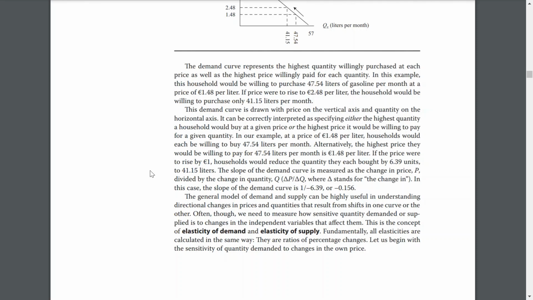In this example, this household will be willing to purchase 47.54 liters of gasoline per month at a price of 1.48 per liter. If price were to rise to 2.48 per liter, the household will be willing to purchase only 41.15 liters per month. This demand curve is drawn with price on the vertical axis and quantity on the horizontal axis. It can be interpreted as specifying either the highest quantity a household would be willing to buy at a given price, or the highest price it will be willing to pay